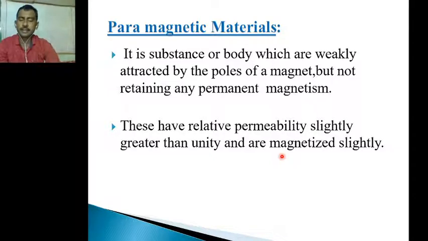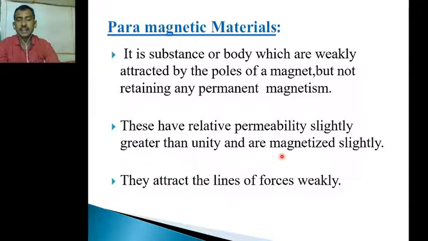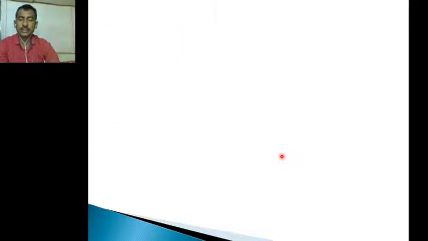So for a paramagnetic material, the relative permeability is slightly greater than unity, whereas in a ferromagnetic material, the relative permeability is very much greater than unity. In paramagnetic materials these are magnetized only slightly, and they attract the lines of force weakly. That means only a few lines are present in the magnetic material, and